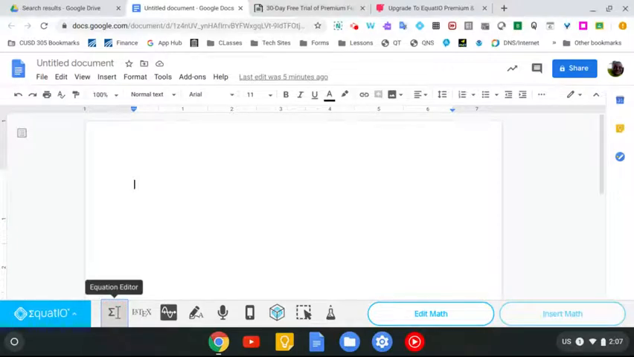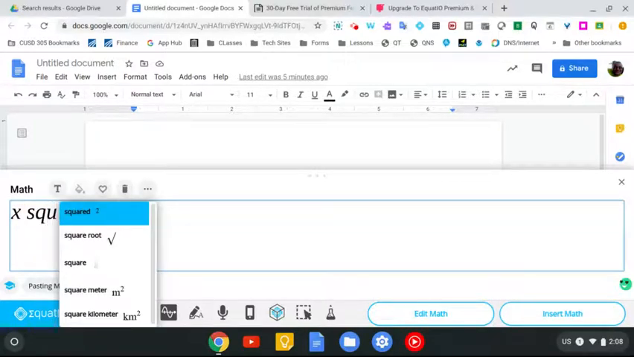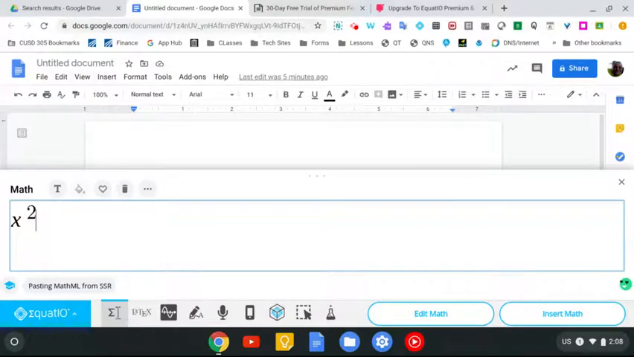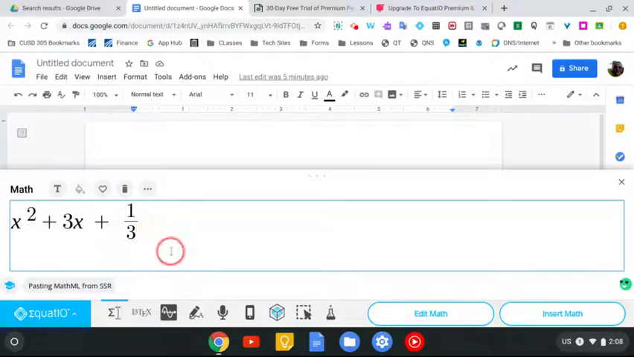This works as an extension, so it works in all Google things like Google Slides, Google Forms, everywhere to input math. So how it works is if you click on this first one, you can type it in like x squared, and it knows that you're trying to say x squared. So you type it like you would say it, and it will make it that way, plus 3x plus 1 over 3. And you have an equation now, and then you can keep going if you want and put equals